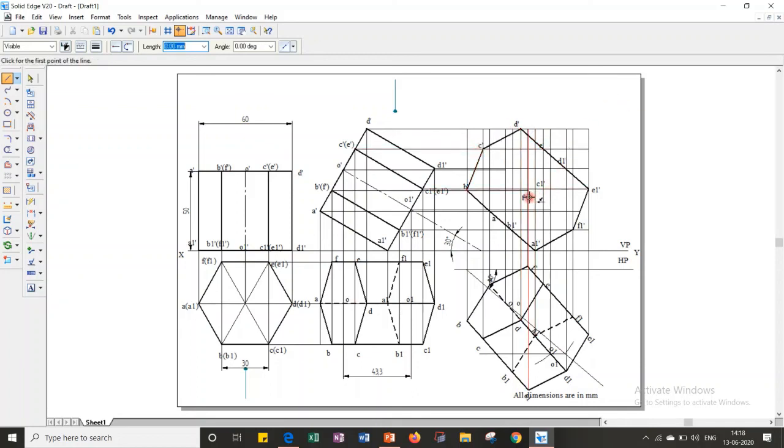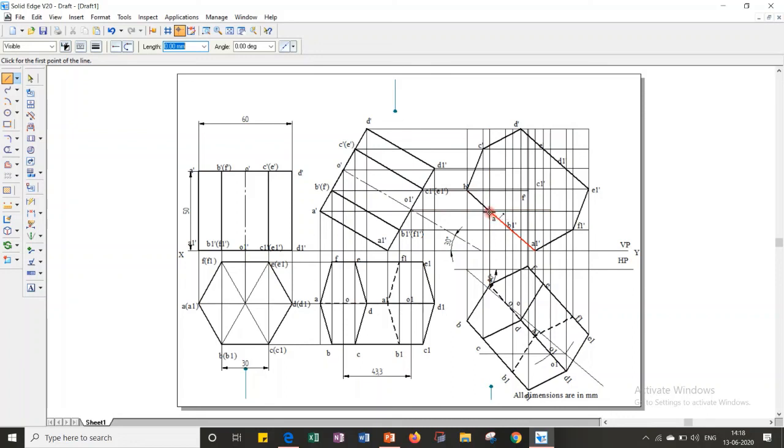Now consider the inner points. There are two inner points, F dash and C1 dash. We'll start with F dash. In the third step, the observer will be located here, and when you observe from here, point F is away from the observer. Therefore, this is a hidden point. All the lines which come to F will be dotted. The three lines to F are one from A to F, E to F, and F to F1.